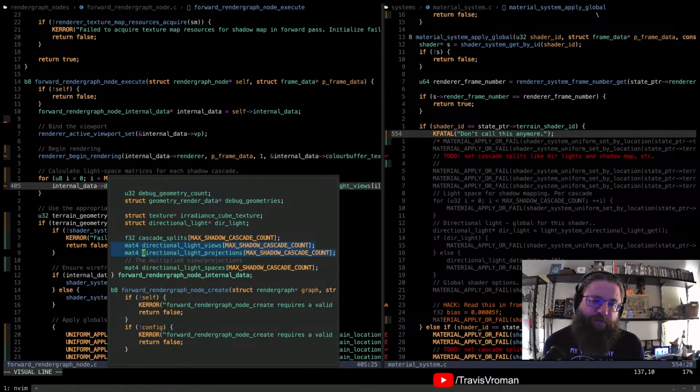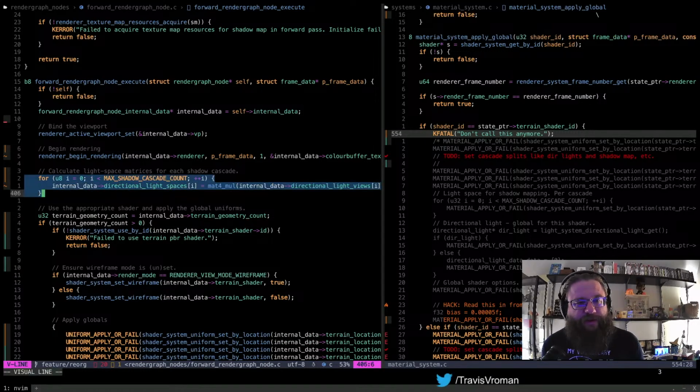As our scene is being processed, we will set the light views and projections, and then when we go to execute the pass, we'll perform these multiplications there. That's what this is doing here, multiplying those things and getting these directional light spaces ready for the next step.